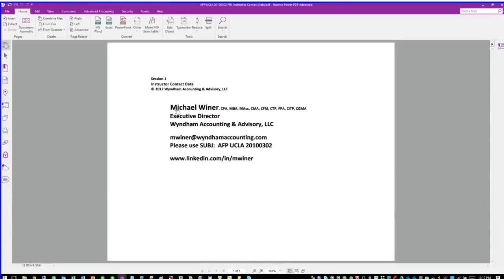This is just my contact information. These are ways to get to me, my email address or through Canvas. The thing is, after the course ends, you may not have continued Canvas access depending on your enrollment at the university, but you can reach me by email. Just give me a sense that we've connected through UCLA. I also have a LinkedIn profile, and I welcome you to connect with me and join me there.